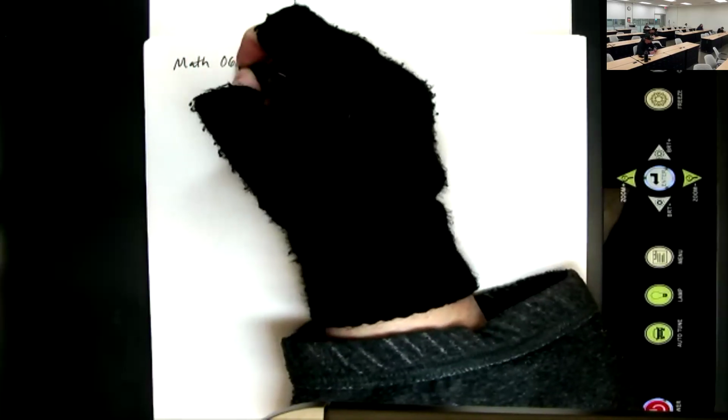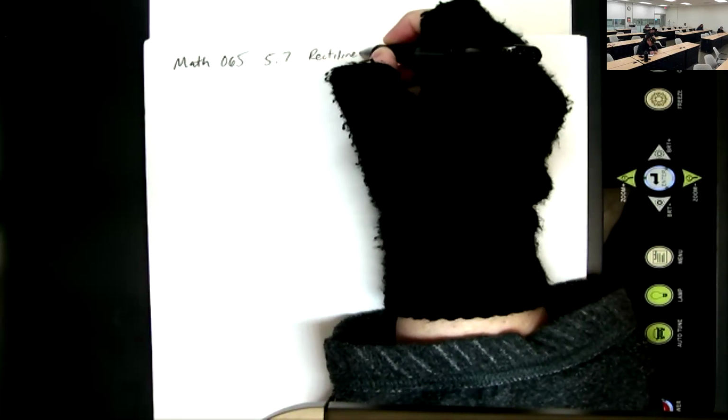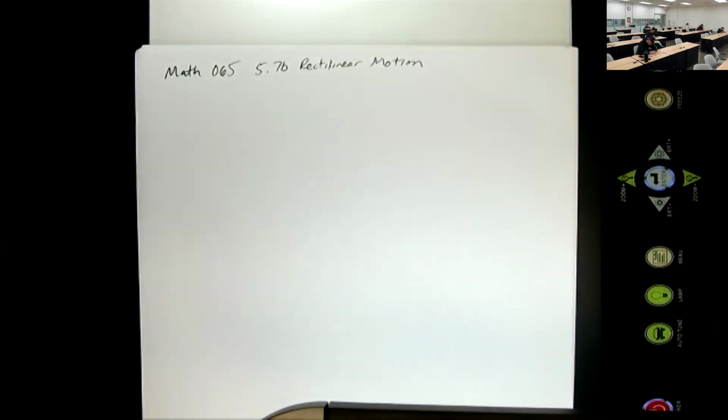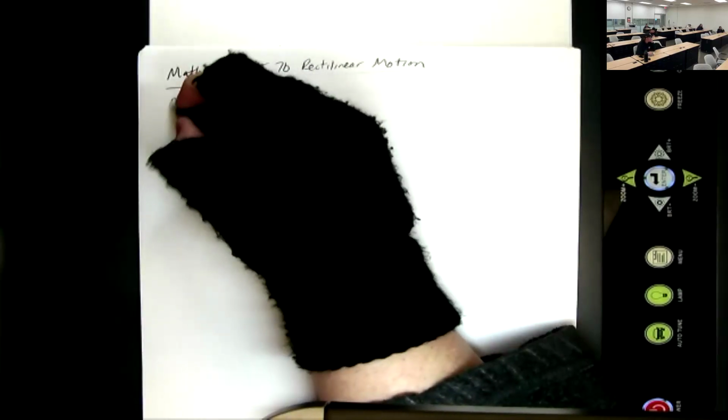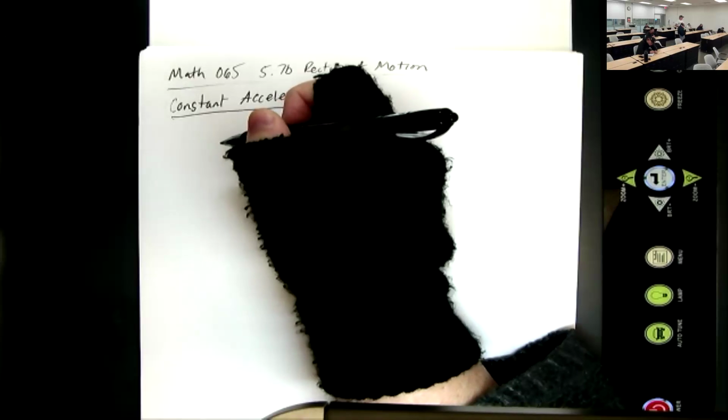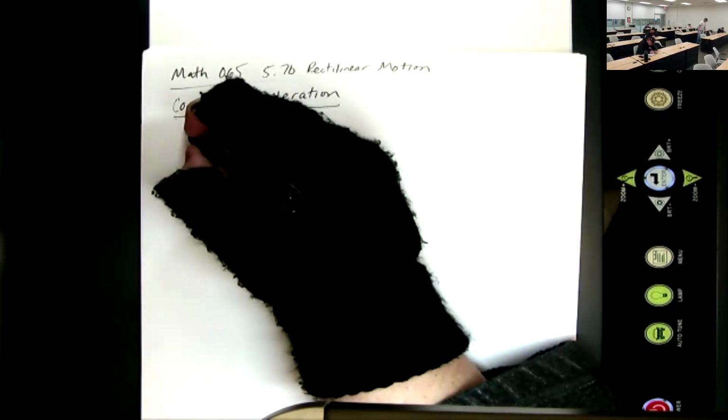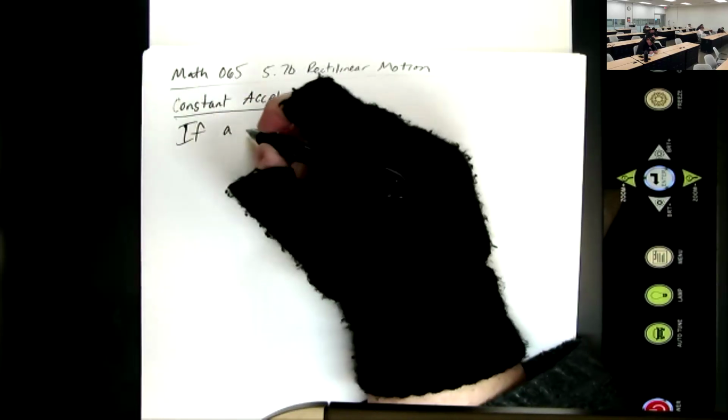This is Math 65, we were in 5.7, looking at rectilinear motion. Maybe it's 5.7b. Suppose a particle moves, we did that problem. We looked at velocity, let's look at constant acceleration. So if a particle has constant acceleration a